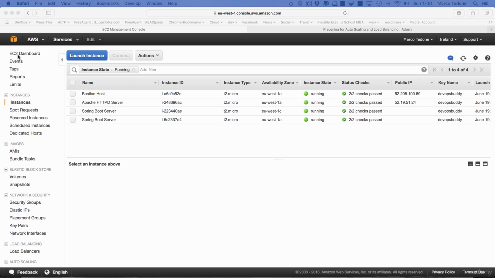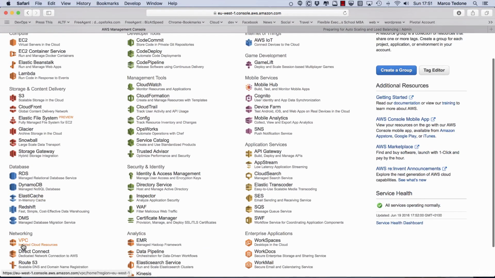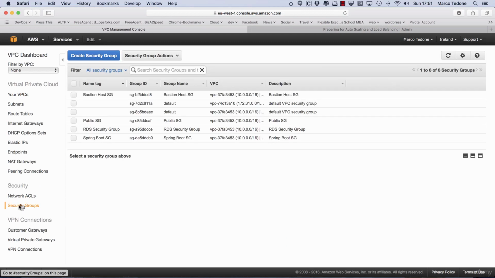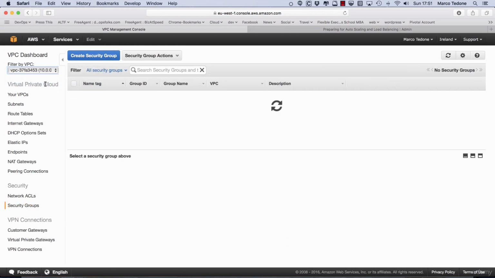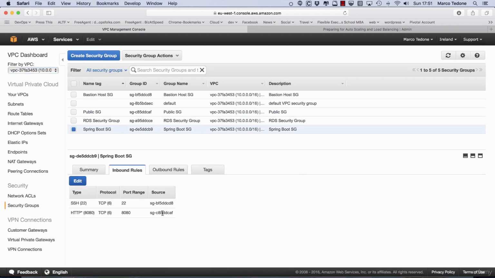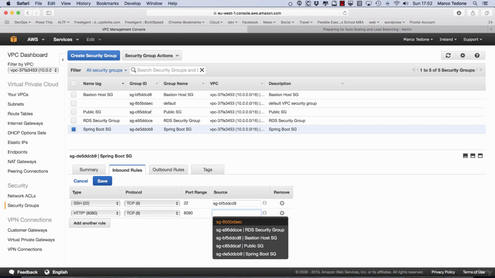Great work! Now, we will need to make a change to the Spring Boot security group in preparation of our next step, which will be to create an internal load balancer. If you remember from a previous lecture, we have set this security group to accept traffic on port 8080 only from the public security group. Since we will soon be creating an internal load balancer to front the 2 Spring Boot boxes, and this load balancer will ping the 2 servers on port 8080, we need to change the source for the inbound port 8080 to be the entire VPC, which is the CIDR address